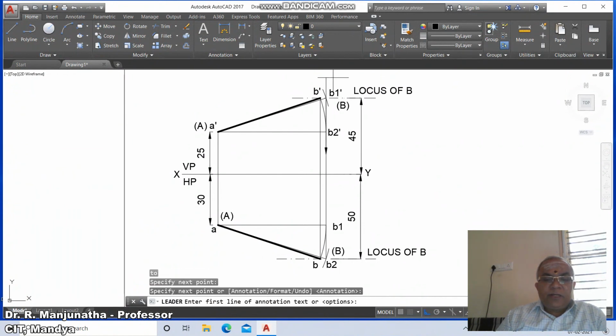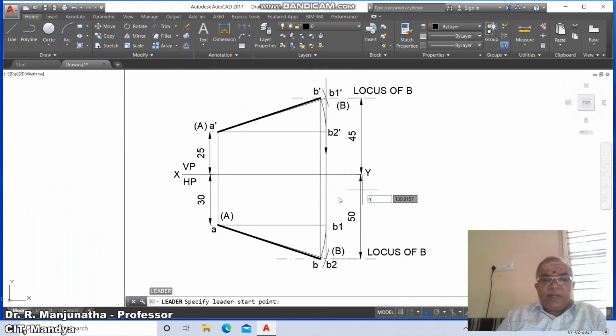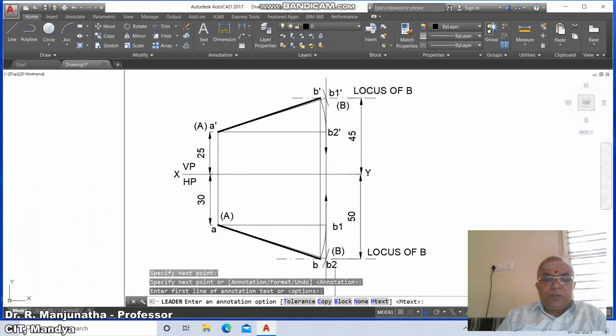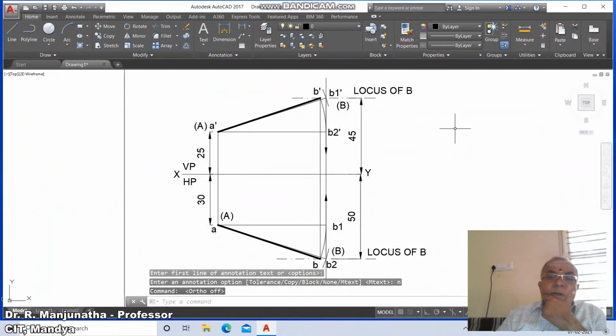You take the nearest point on this, then go to annotation, options, and then none. Similarly, go to leader, take the nearest point on this, and then go to annotation, options, none. And similarly, you switch off the layer mode. So here